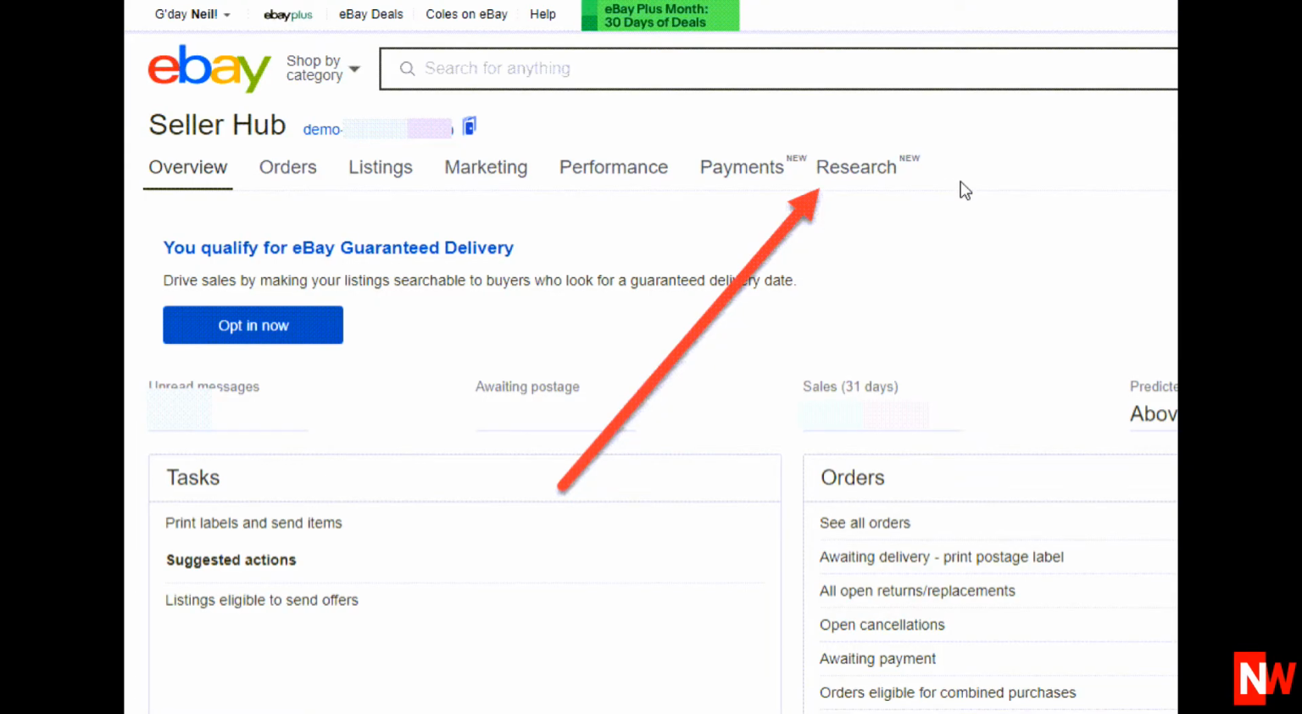So today's Terapeak review is a review of what's left and what you can use to grow your business. And also which features can be used for eBay dropship businesses and also eBay import businesses. So let's get started. First of all, to access Terapeak Research, go to the Research tab in the eBay Seller